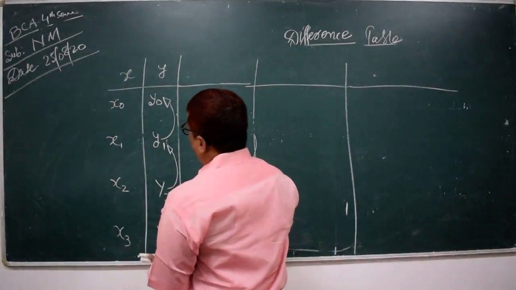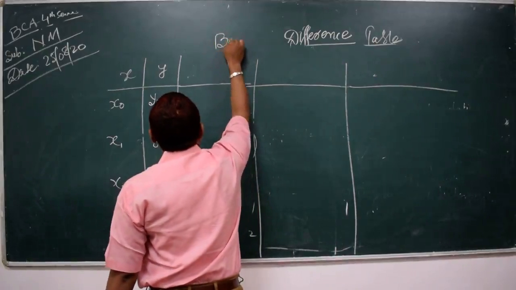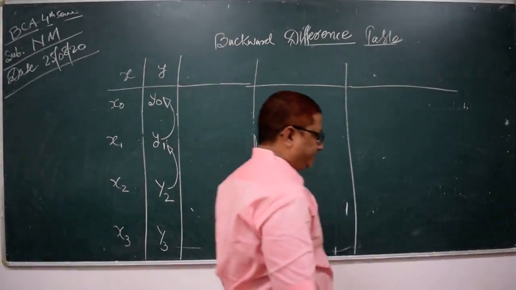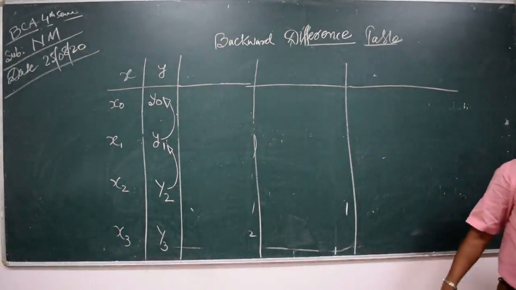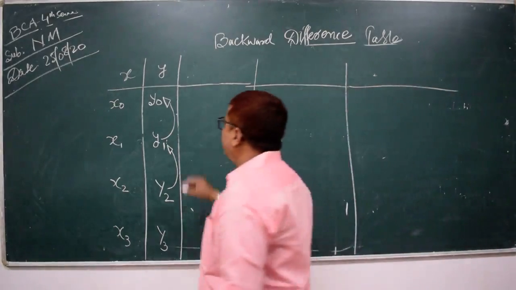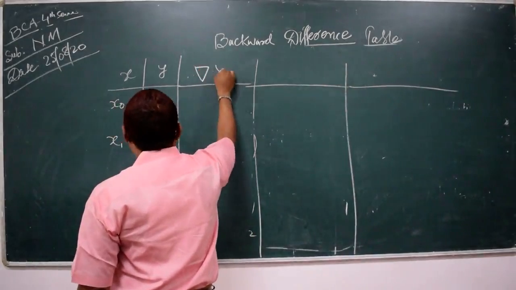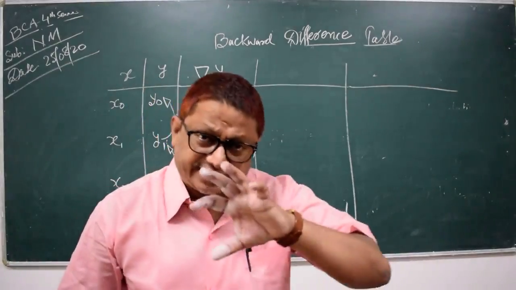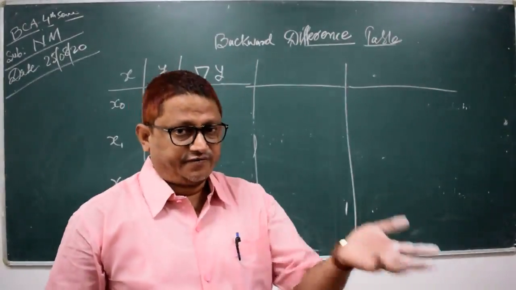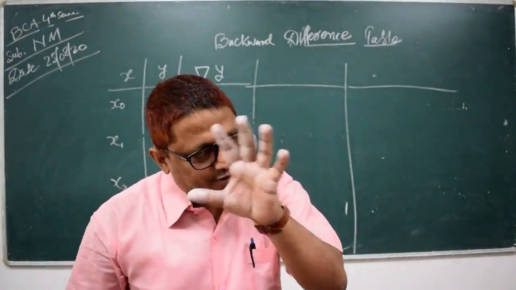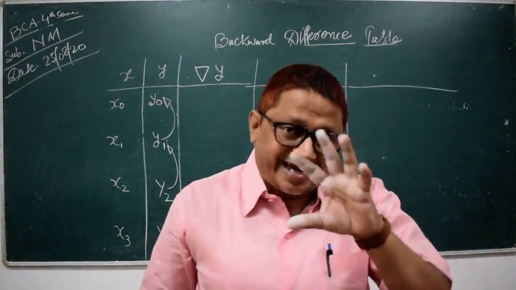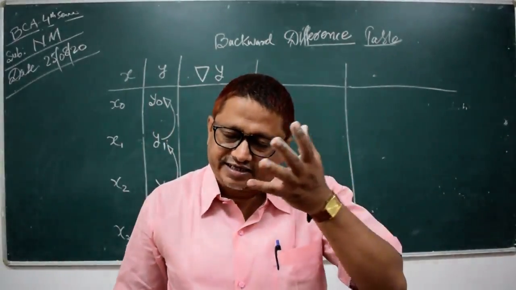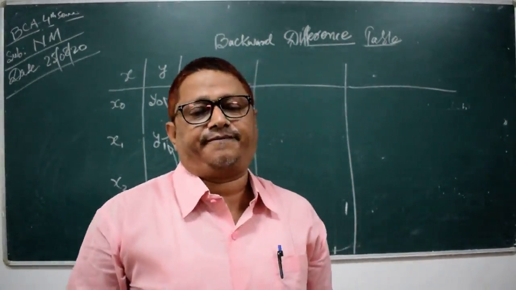In this next part of equal interpolation is called backward difference table. In the backward difference table we are representing opposite delta y. The part of subtraction remains the same as in the forward difference table, यानी घटाने की जो प्रक्रिया है, जो सब्सट्रैक्शन ऑपरेशन है फॉरवर्ड डिफरेंस में, वही सब्सट्रैक्शन का ऑपरेशन बैकवर्ड में भी अप्लाई होगा.